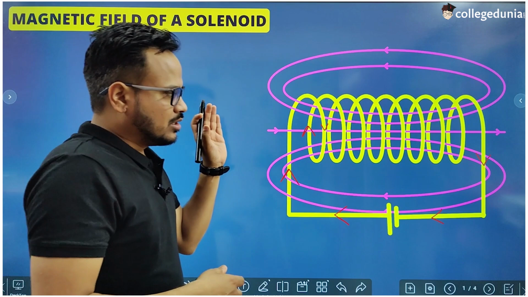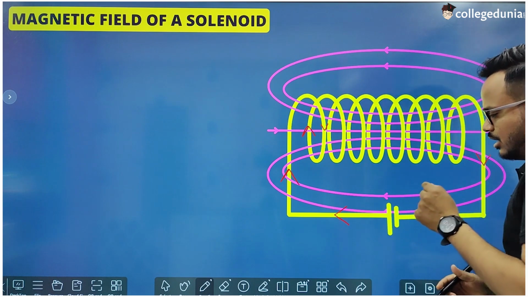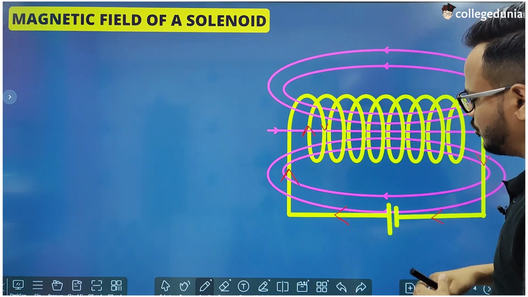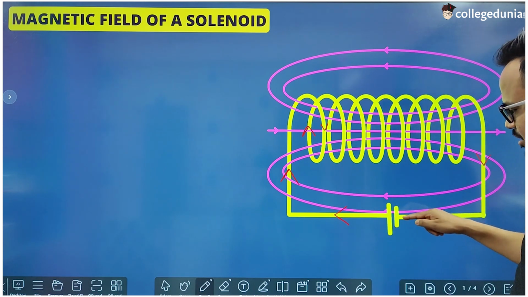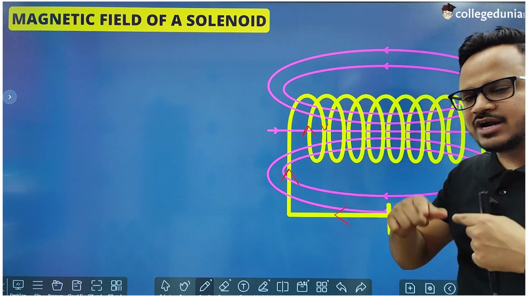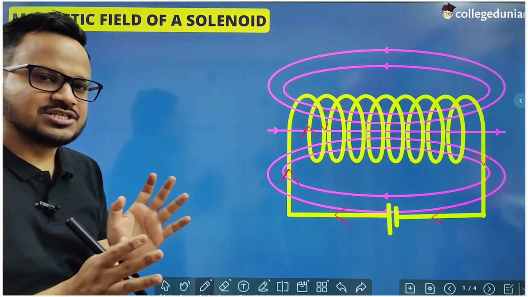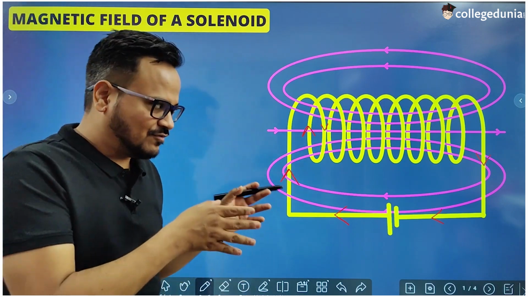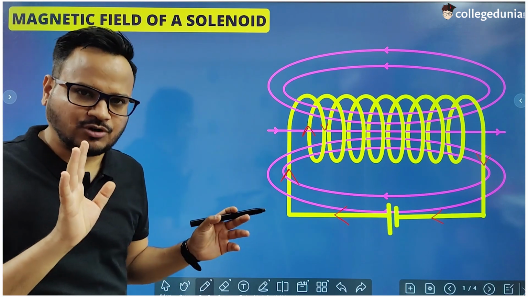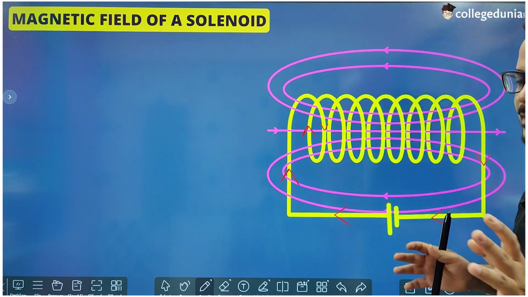Secondly, the polarity of the solenoid can be reversed. For example, if we reverse the direction of current in this solenoid, right? If we connect the positive terminal of the battery from this end and negative from this end, then the direction of current will reverse in this solenoid, and due to that this pole will become south pole and this pole will become north pole. So the polarity can be changed. Obviously this cannot be done in a bar magnet. If one pole is north pole, that is going to be north pole forever, right? And the other one will be south pole. You cannot change the polarity.